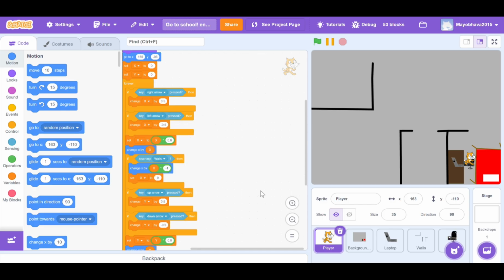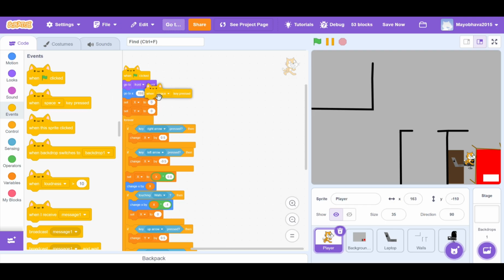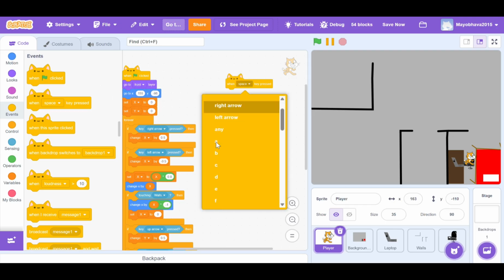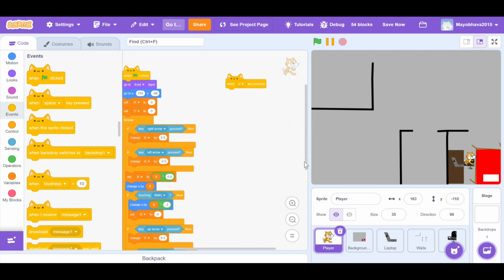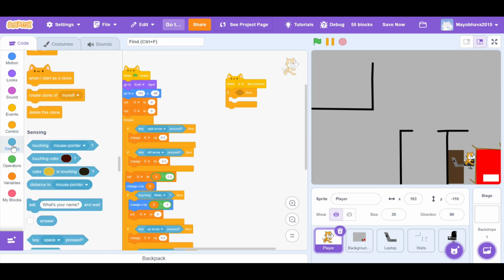Go here in the player and code this button. If then, when key pressed, take E because you're doing the button E, and then do if then. Why not forever, as I've always told in our videos? Because it's only when E is pressed. So as soon as E is pressed, then you only detect it. You don't have to always detect it. So if then